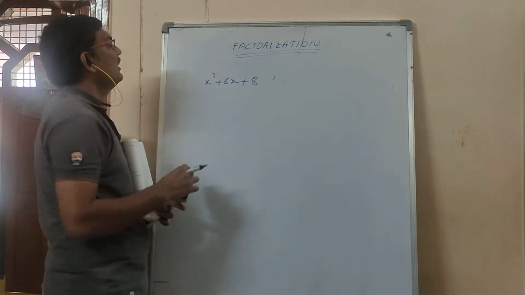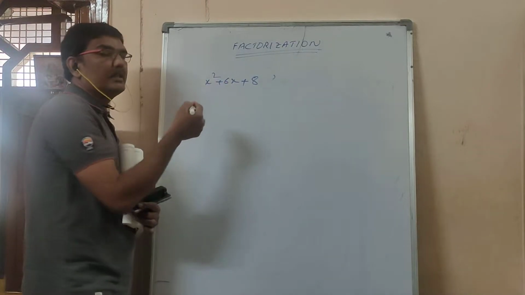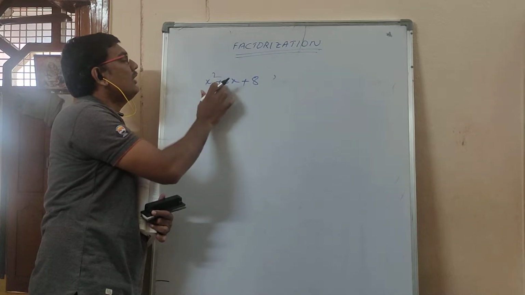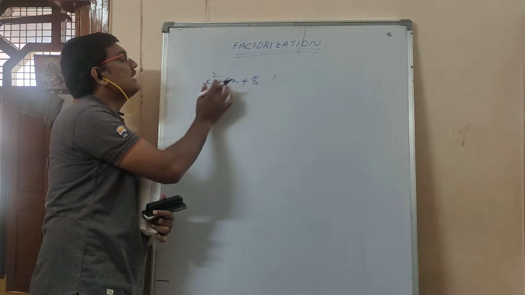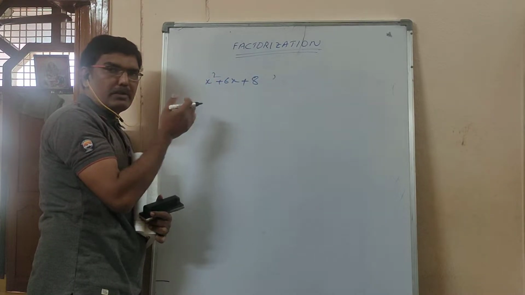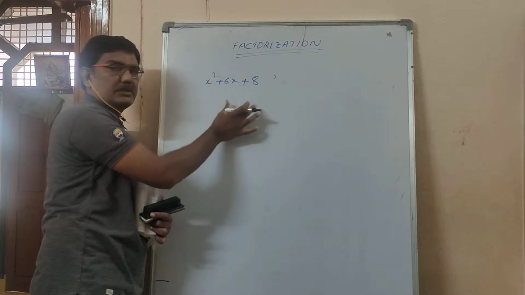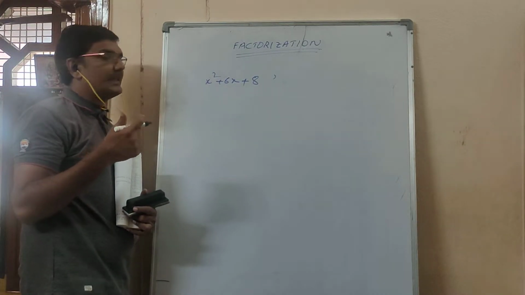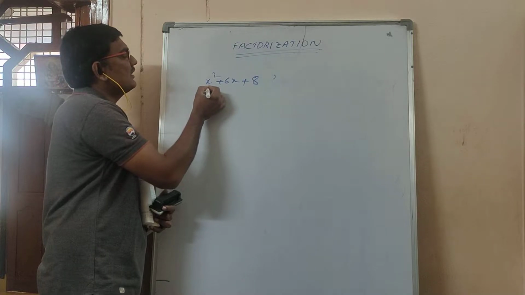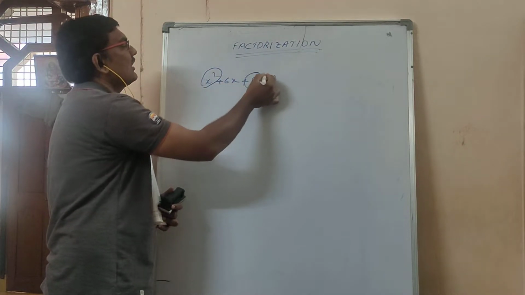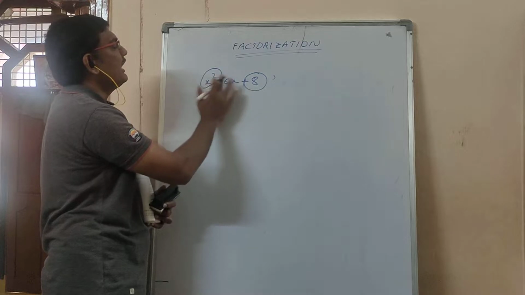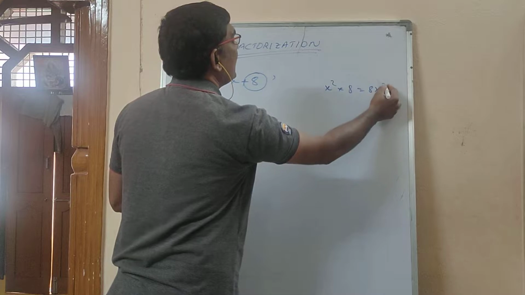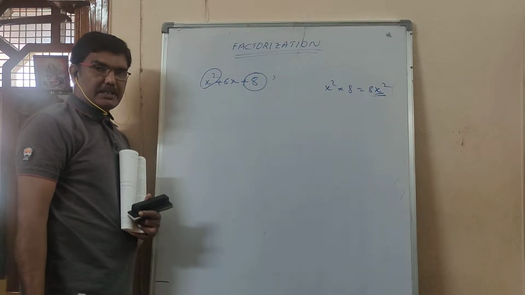It is a quadratic polynomial. What should I do here? The question is to factorize this one. Here 1, 2, 3 terms are there. They are separated with either plus or minus. But what you have to do is write the product of two terms. Then it is called factorization. For that, what you have to do, we'll see. So here the first step is: first term, last term, with symbols, multiply both. So x square into 8, if you multiply, how much are you getting here? 8x square you are getting.